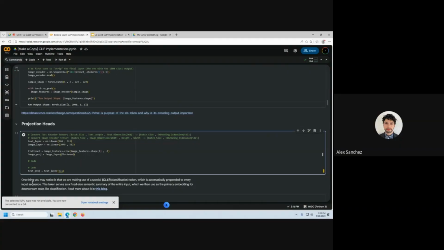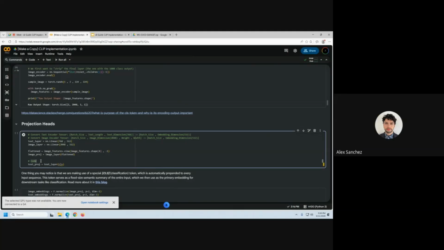Now, something I didn't really talk about, and I'll mention it right here. The text embeddings have a special token. CLS is a special token that we have in BERT models. It basically is kind of like the semantic summarization of the whole sentence. So we put kind of a summary of the whole sentence into one token. And this is what we're going to pass through the